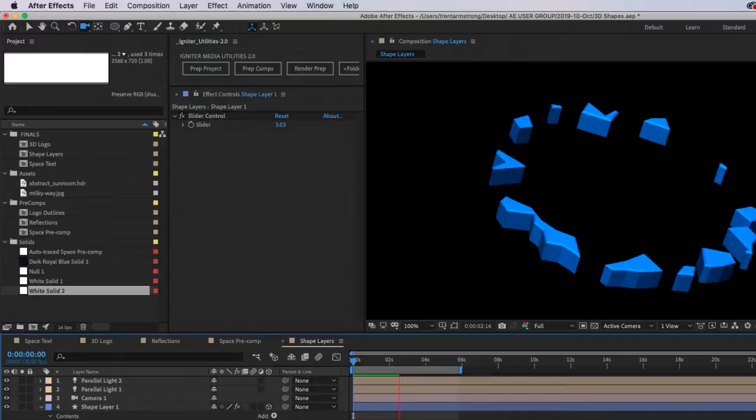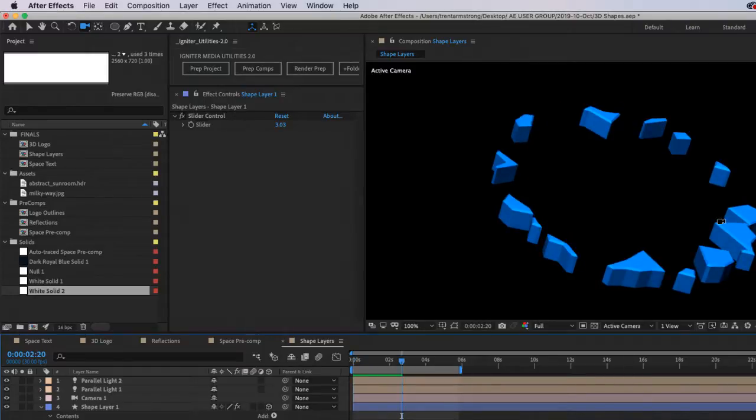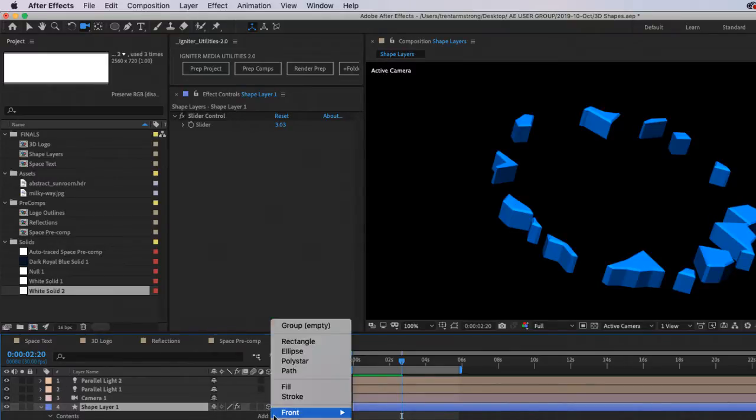Cool. So you also have the ability to do a whole bunch of new stuff here. So you can add a bevel color.